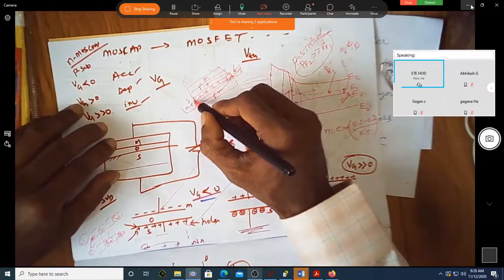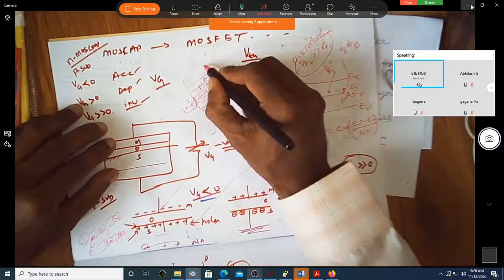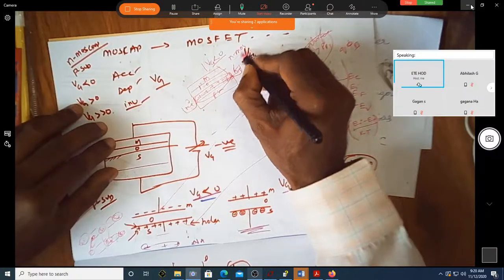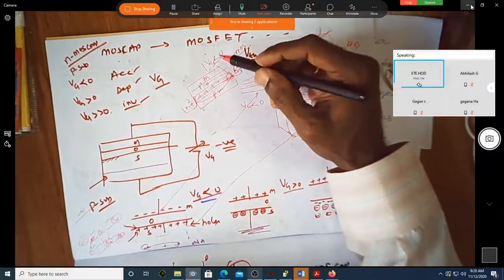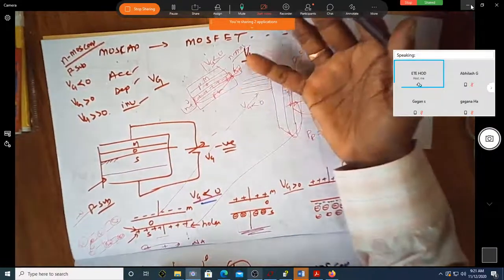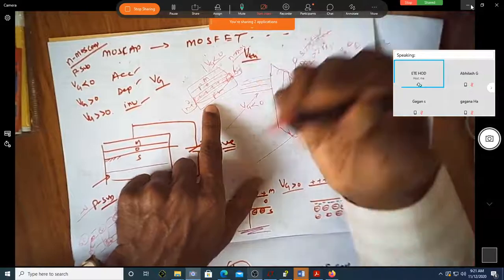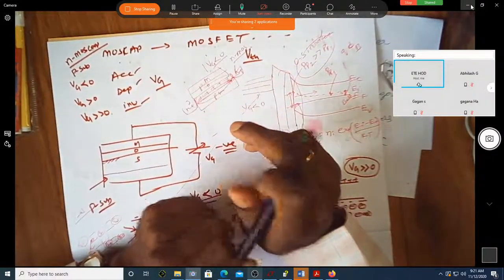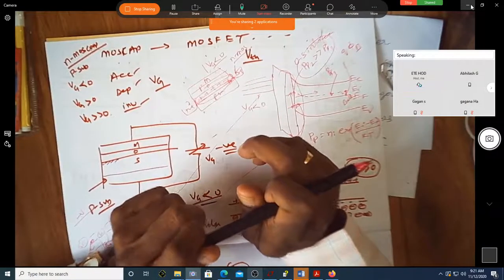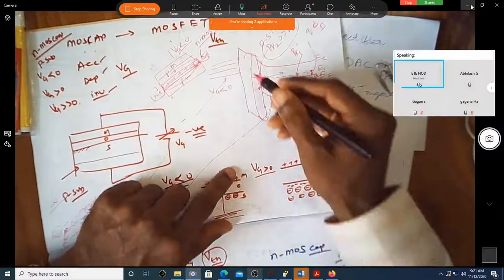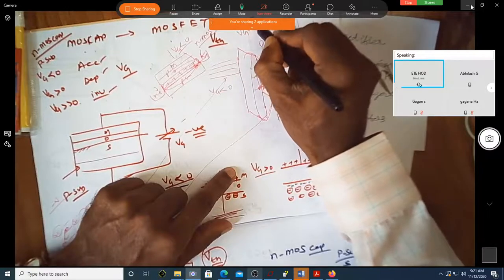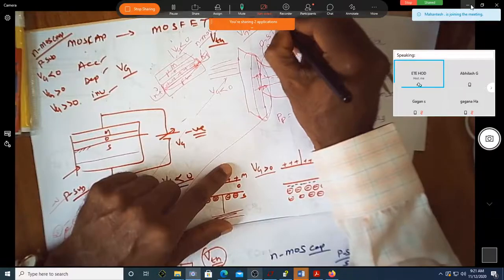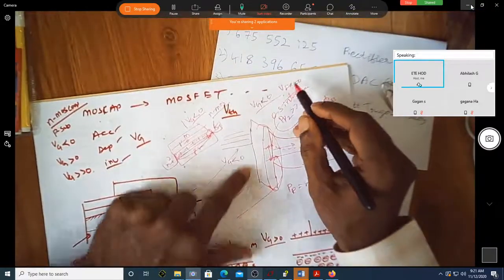The conduction of electrons is not possible when you apply Vg negative for an NMOS transistor. So that's why for an NMOS transistor, if the Vg is negative, current won't flow because the channel is not existing. A channel of electrons is required for the flow of electrons. Correct? So this is what is happening when Vg is less than 0, provided, of course, we are assuming that VFB is equal to 0.